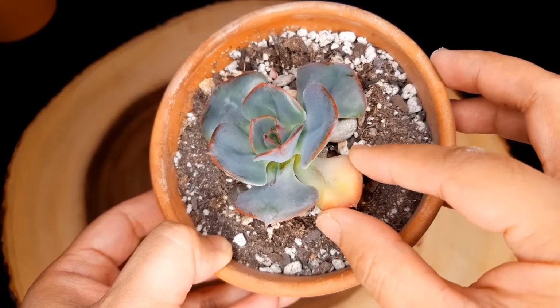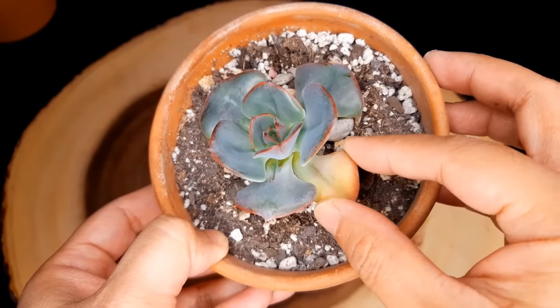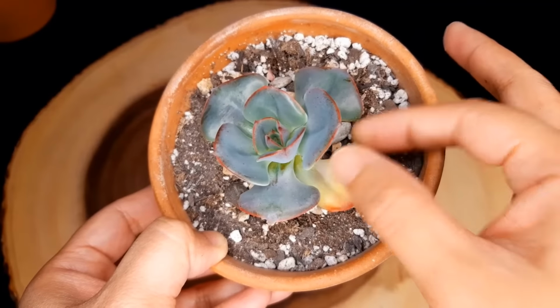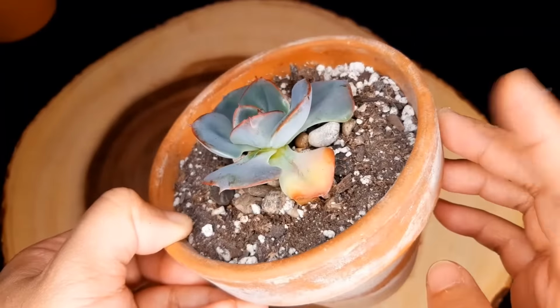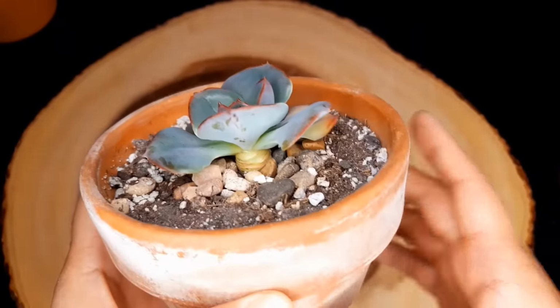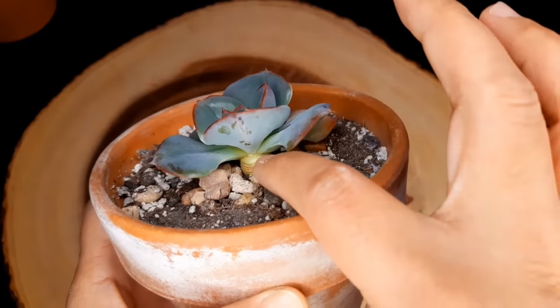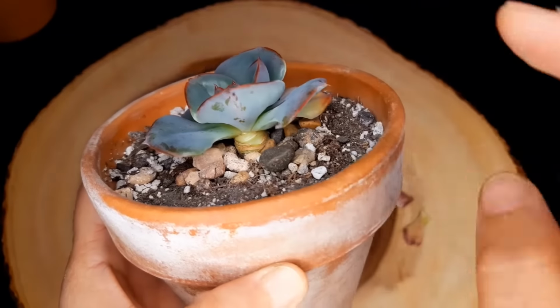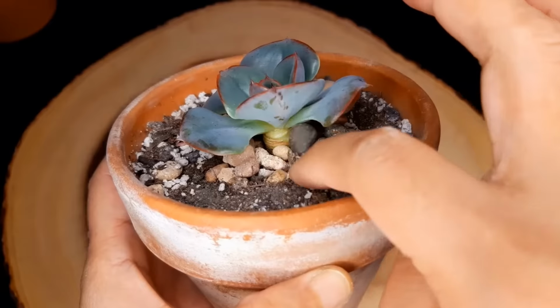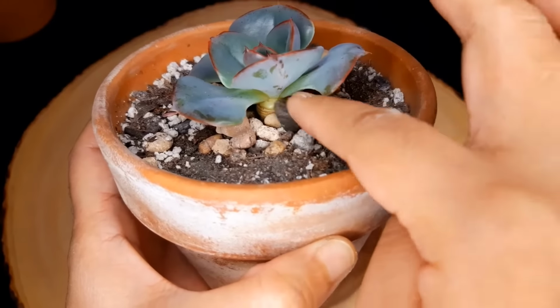It's gummy. It wrinkles a little. It does not get watery or mushy at all. That is a sign that your succulent is being underwatered. Now, always make sure, because overwatered succulents can also show the same symptoms if the stem or the roots have